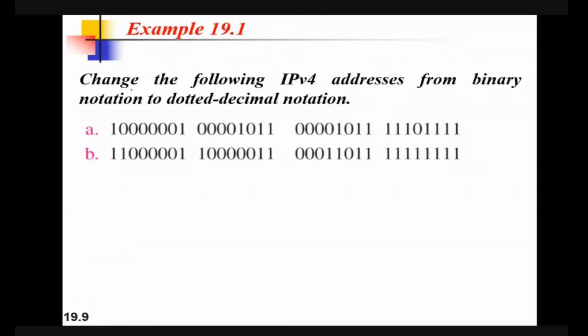First, we will try to convert from this position. The positions of the binary numbers start from 2 raised to 0, 2 raised to 1, 2 raised to 2, 2 raised to 3, 2 raised to 4, 2 raised to 5, 2 raised to 6, and 2 raised to 7. Okay, so we have 8 bits only. So this first bit